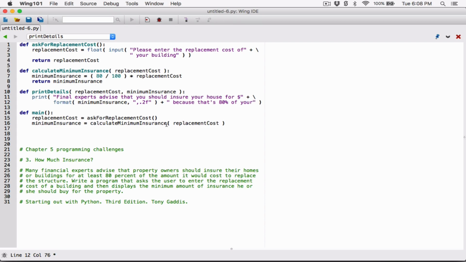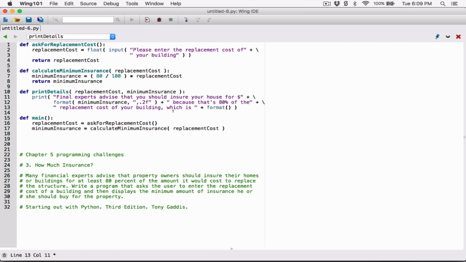your replacement cost. Okay, because that's 80% of the replacement cost of your building, which is... now I'm going to concatenate it with the formatted version. I run out of space here, so I'm going to close the string, concatenate it with the beginning of the string, and break it somewhere here. Before you break it, you type in the backslash and hit enter. So let's continue. Which is the formatted version of